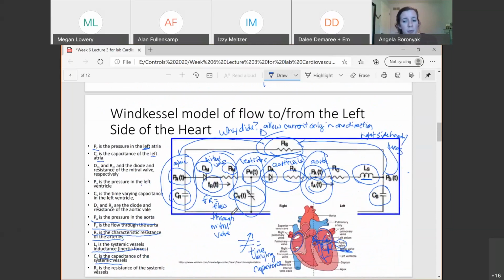I don't make you come up with the equation for this on your own. I give it to you. So for those of you who are freaking out, you can relax, but we do need to understand what this circuit model is doing. So this is actually modeling, part by part, the blood flow all the way from my left side of the heart,